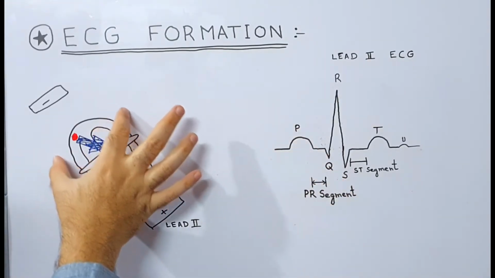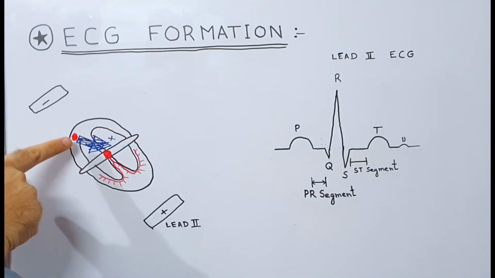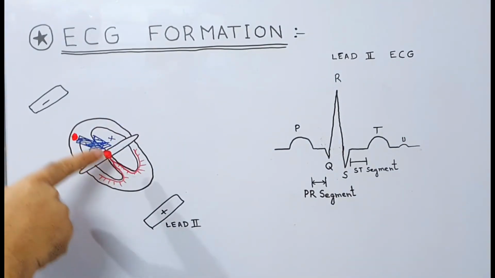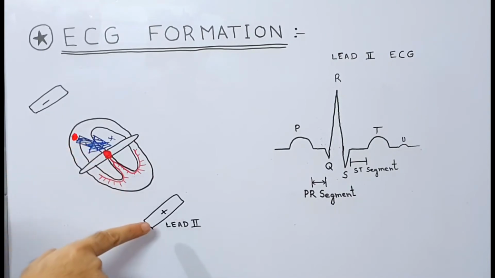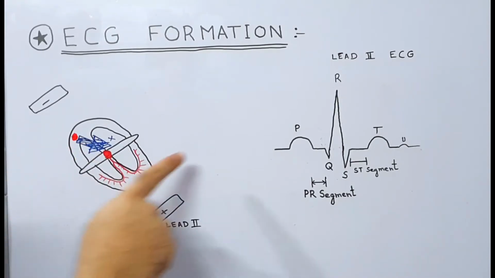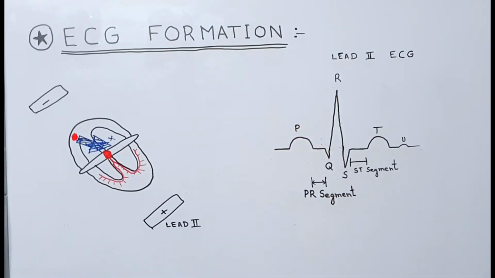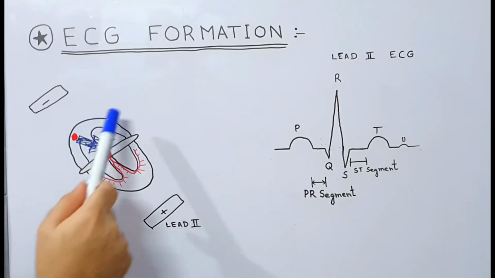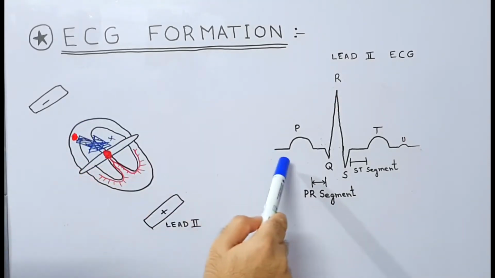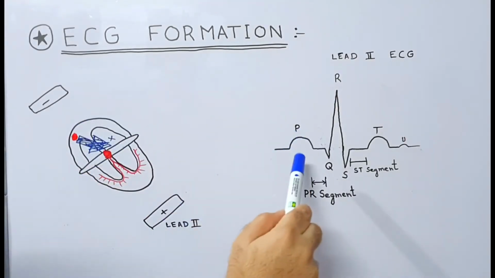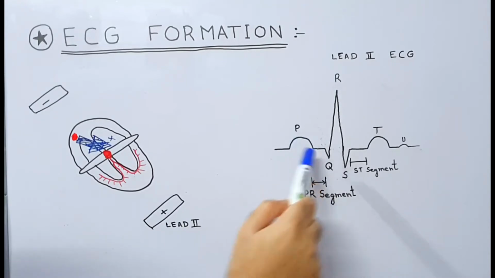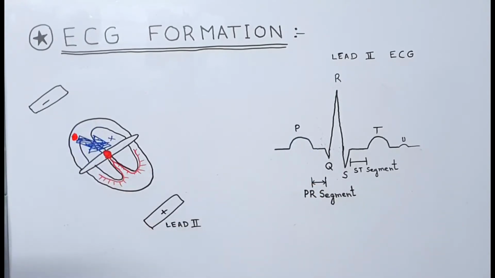Therefore, when atria is depolarizing, we get this deflection, positive deflection or upward deflection. When atria contract, a resultant vector of positive charge is formed in this direction. It's a positive charge vector and its direction is towards the positive electrode. Therefore, there will be an upward deflection or positive deflection in the ECG, and a P wave will be formed. So by far we have seen that the contraction of atria results in the formation of P wave, and it shows that it is a slow contraction because there are no fast conducting fibers here.